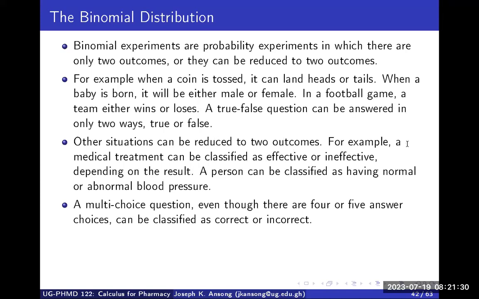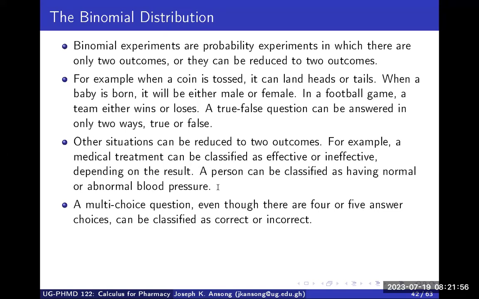For example, a medical treatment can be classified as effective or ineffective. So two outcomes depending on the results. A person can be classified as having normal or abnormal blood pressure. So again, two outcomes. So in all of these cases, you can use the binomial distribution to compute some statistics and make